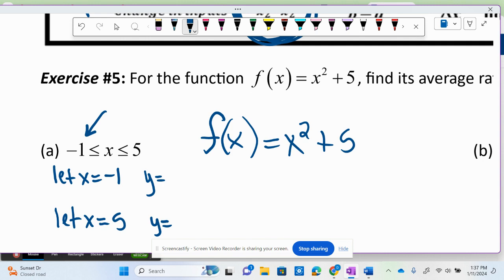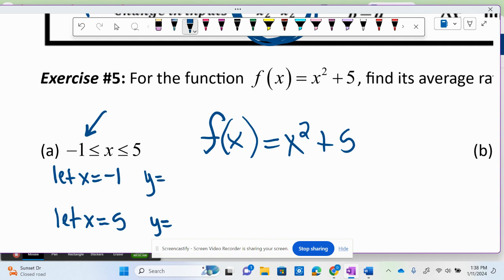It's the little gray button at the top. Y equals, and you're going to put in x squared plus 5. You're just going to put in x squared plus 5. If you don't know where the squared is, holler at me and I'll show you. If you don't know where the x is, holler at me and I'll show you. If you can't find y equals, once you put in y equals x squared